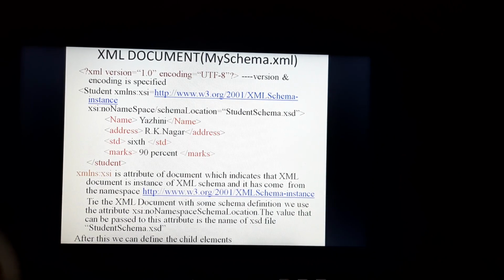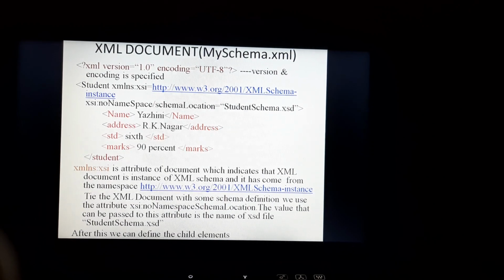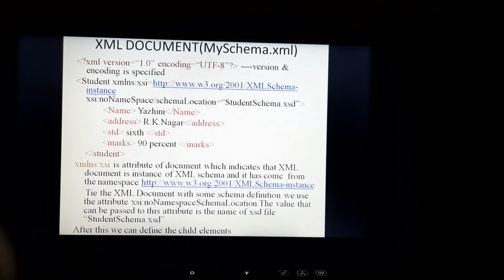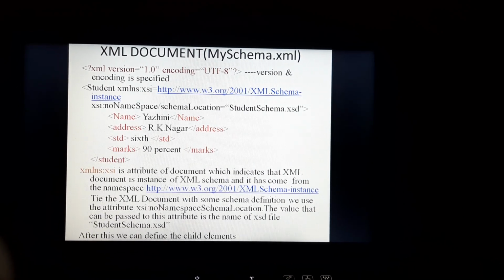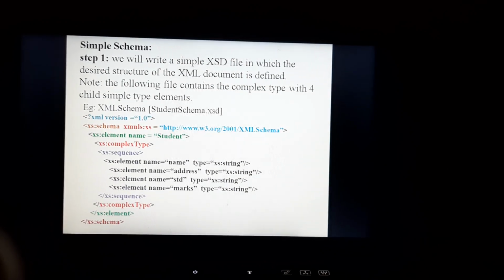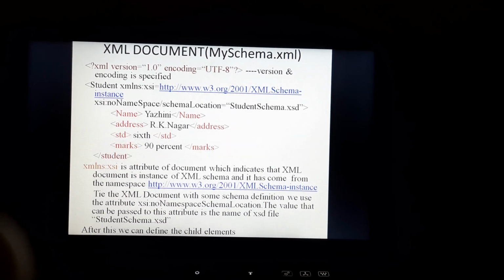We use the attribute xsi:noNamespaceSchemaLocation. The value that can be passed to this attribute is the name of the XSD file, that is studentschema.xsd. Already we saw studentschema.xsd. This file is tied to this XML document.